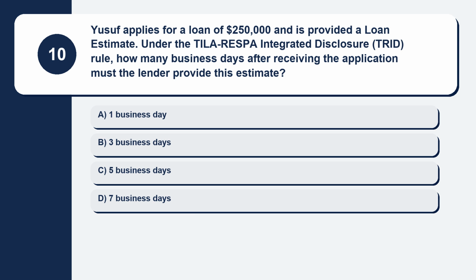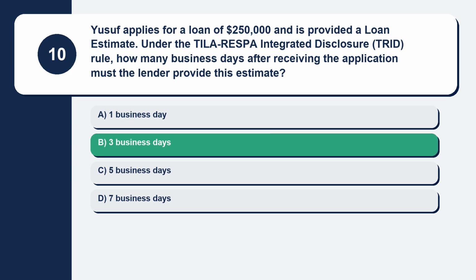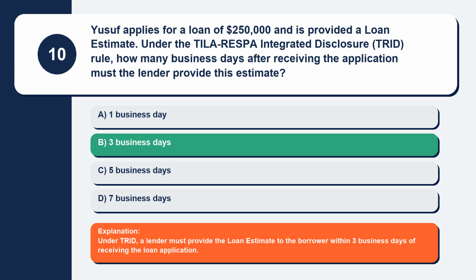Question 10. Yusuf applies for a loan of $250,000 and is provided a loan estimate. Under the TILA-RESPA Integrated Disclosure (TRID) rule, how many business days after receiving the application must the lender provide this estimate? Here are your options. Option A, 1 business day. Option B, 3 business days. Option C, 5 business days. Option D, 7 business days. The correct answer is option B, 3 business days. Explanation: under TRID, a lender must provide the loan estimate to the borrower within 3 business days of receiving the